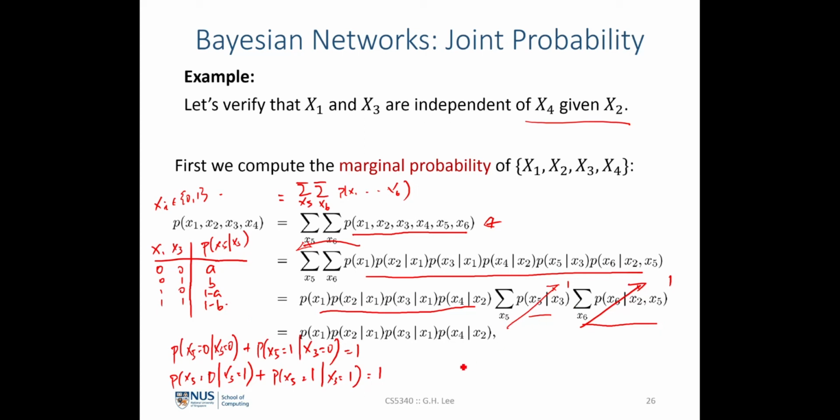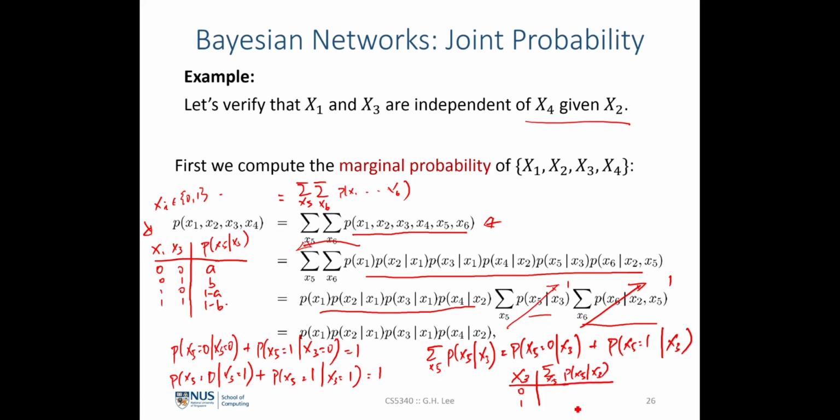And if I were to sum over x5 of p of x5 given x3, then this becomes the sum of p of x5 equals 0 conditional upon x3 plus p of x5 equals 1 conditional upon x3. The full evaluation of this would start from this table here where I have 4 entries. I'll end up with 2 entries because after marginalizing out x5, I will be remaining with x3 over here, which I know is going to take a binary state of 0 and 1. So this means the marginalization of x5 away from this conditional probability over here